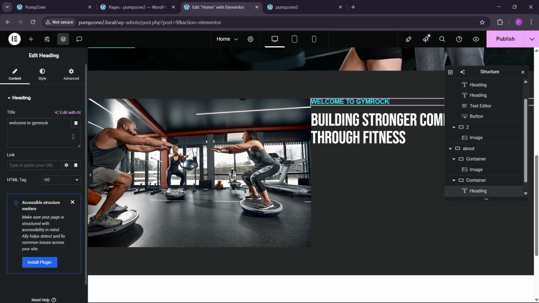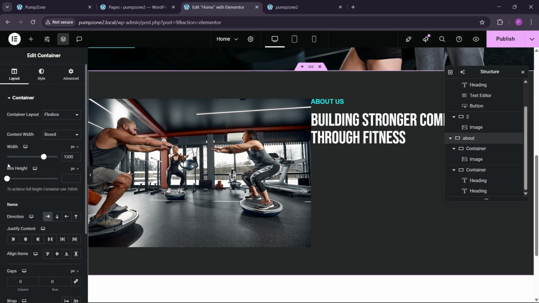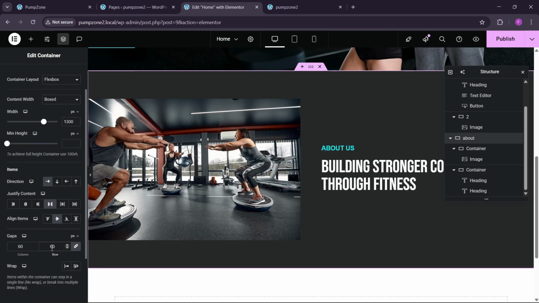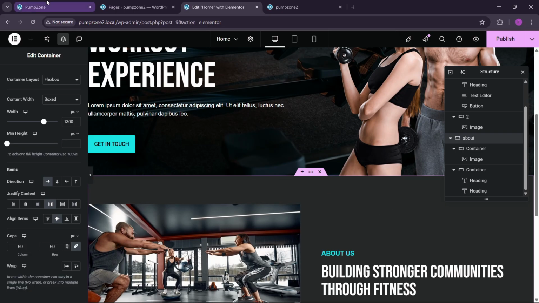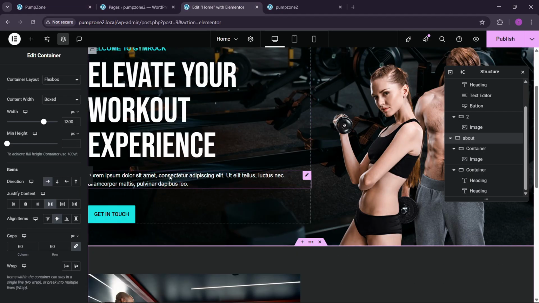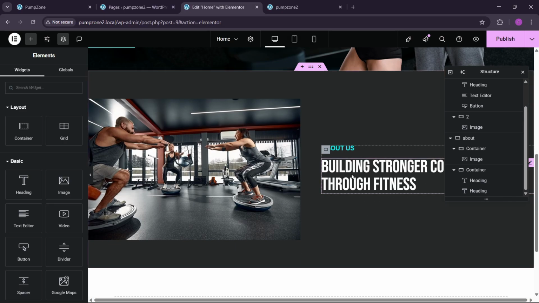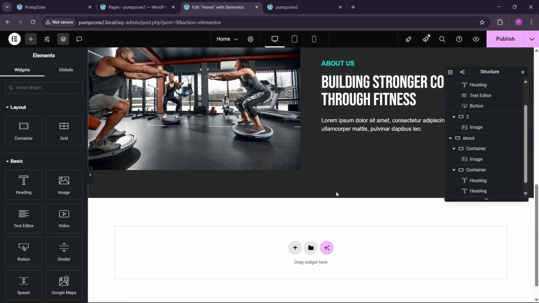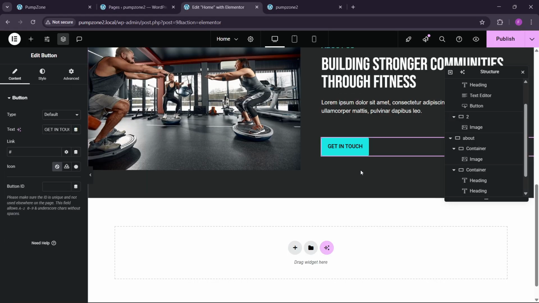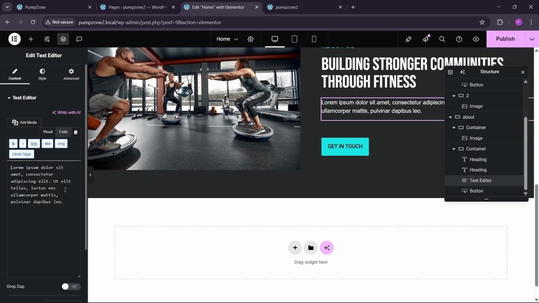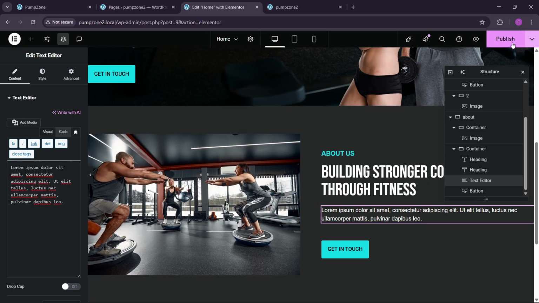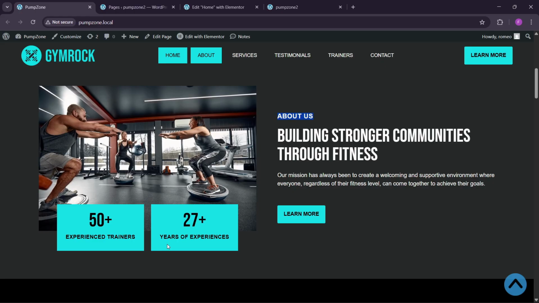So let me go here and we can change the text. So let's click on this about here, and here we can have this. Here we can have 16. Okay, now we can copy this text here. So let's copy this, and also we can copy this button. So let's copy this, and here you can see that we have built the about section,